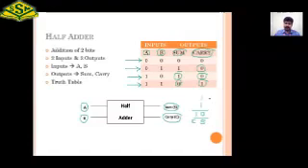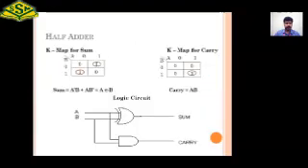The fifth step is going to be creation of Boolean expressions. Based on these truth table values, we need to create an expression for sum and carry. That's what is shown in the next slide. We are using a K-map to create the expressions. We will be plotting the values from the truth table in this K-map for sum and carry.